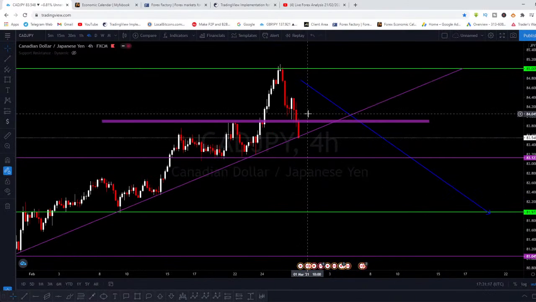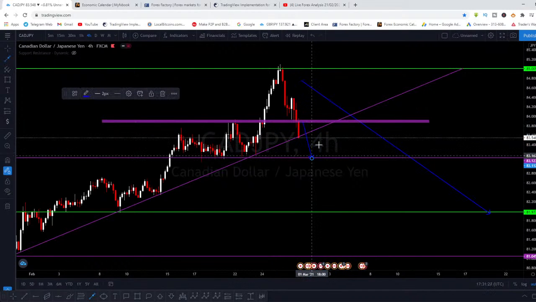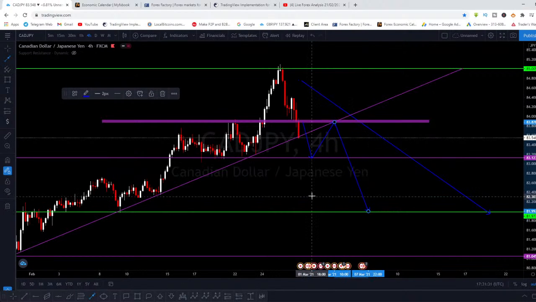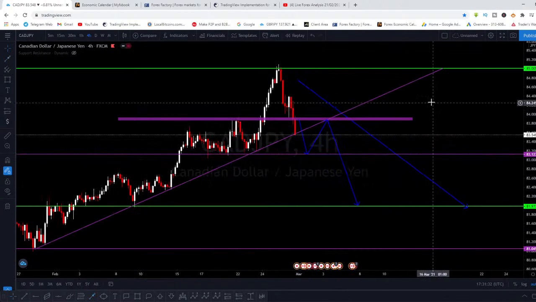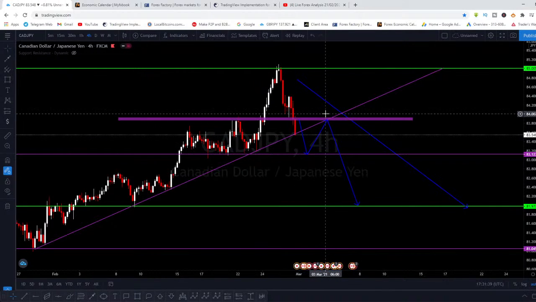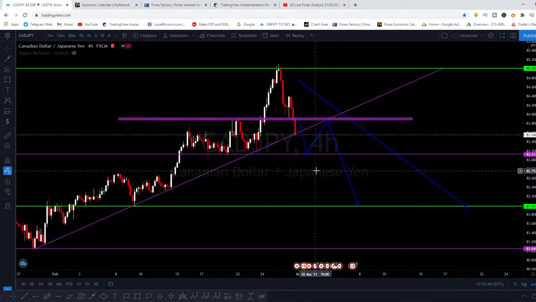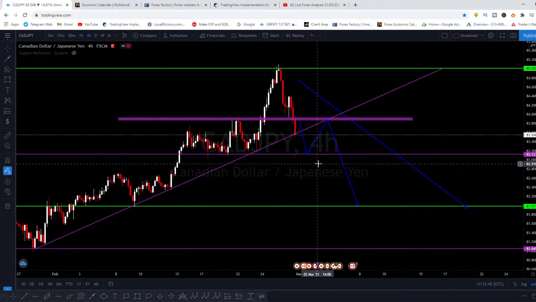You see that the market is trying to break out of this trend line. So what you have to do now as a forex trader is wait for this market to either come back down to this point and retest this, then come back down to this level. This is what I'm seeing on CADJPY, but without the market being able to break out of this zone and coming up for a retracement before it pushes back down again, don't start to sell the market. You have to have your four or five signal confluences before you say, okay, the market is either going to go up or go down. That's how you determine where the market direction is going to go.